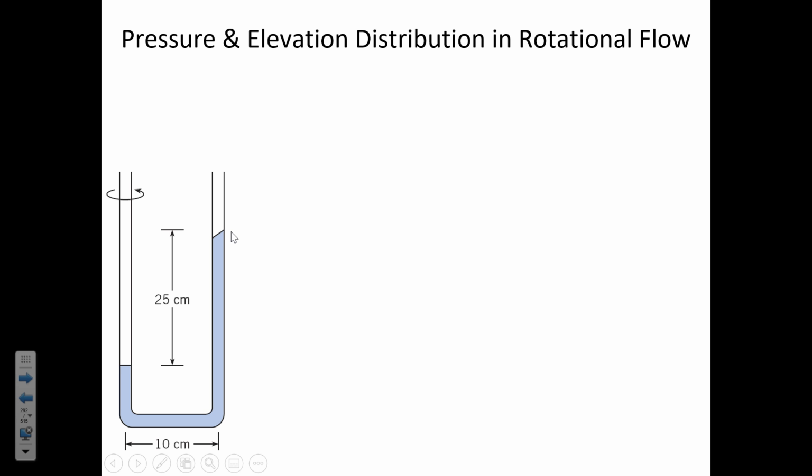So in problems like this, where we're trying to solve for the rate of rotation, or sometimes you've been given the rate of rotation and you want to find how far is the deflection, the problem-solving process is to start at a location where you know something. And as we've done before in other problems, it typically makes sense to start at the surface, the interface between a liquid and a gas, because you know that the pressure here where the air is touching the water,